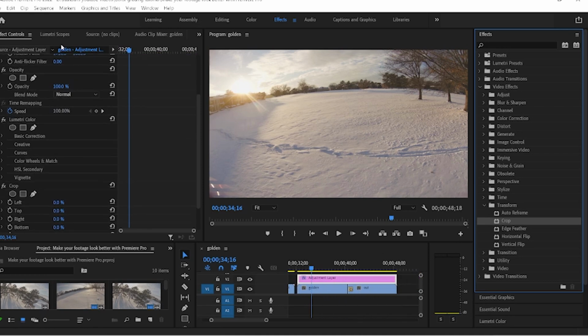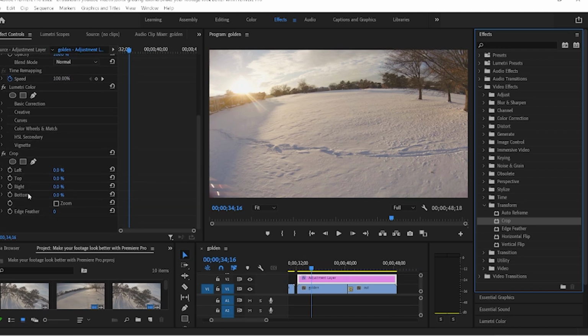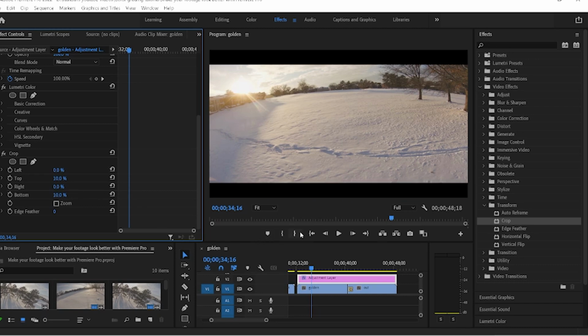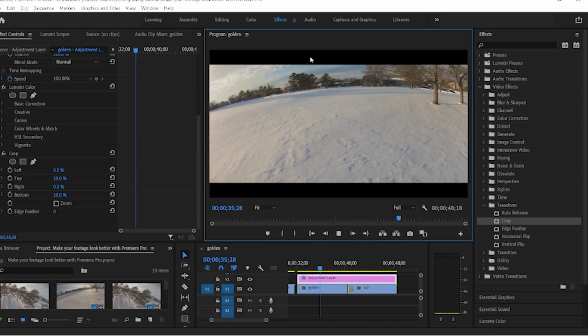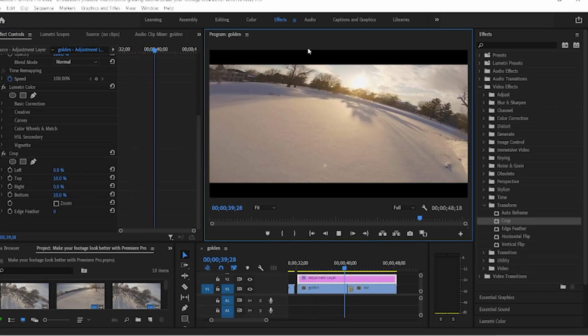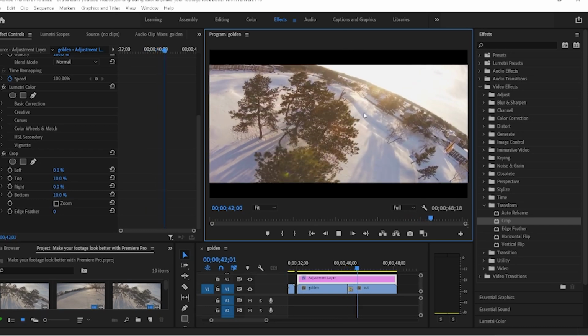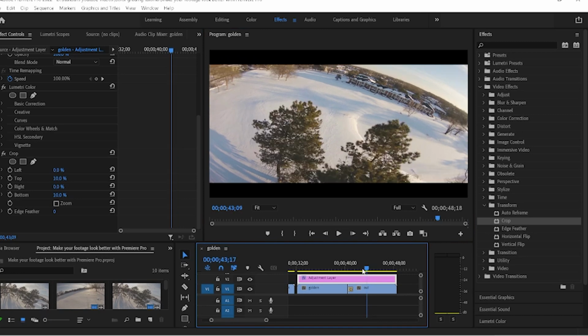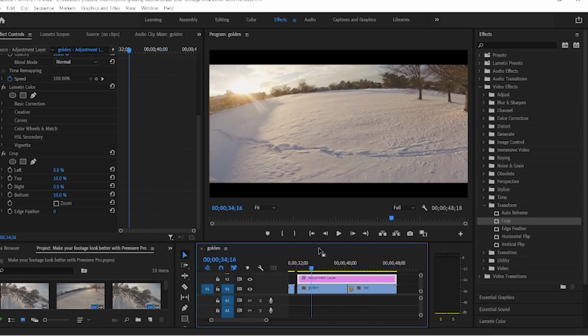And you'll see that over here in the effects adjustments panel. We're going to take the top and add 10%, bottom 10%, and there you go. You've got a cinematic looking video, and you could add as much or take off whatever you want. It's all preference. And that's as easy as it is.